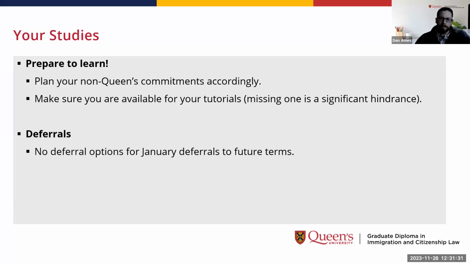I'm going to touch base a little bit about deferrals. We've already received a couple deferral requests, but deferrals are a little bit different for January intake than it is for September intake. For January, there are no deferrals allowed for any requests or any reasons. This is because of regulation and just the policies that we can't make deferrals between academic years. So moving somebody from January to September, because we don't have an ICL 810 course for spring summer, which is the introductory course that everybody needs to take first, we can't move you from the January term all the way